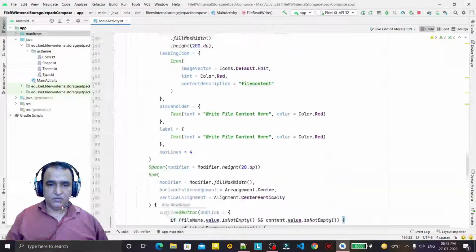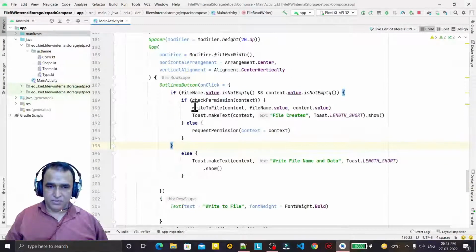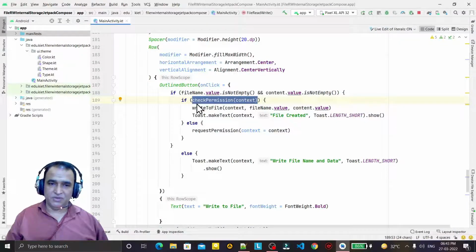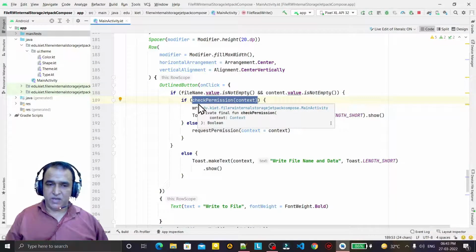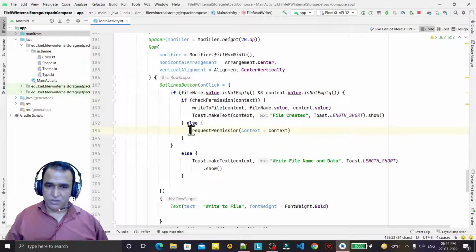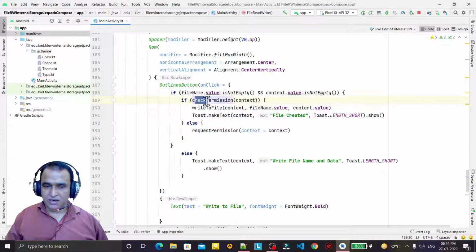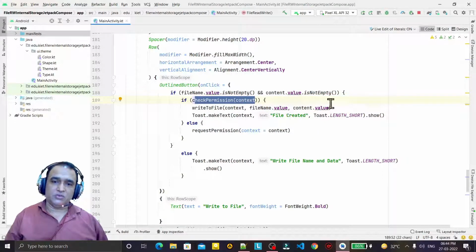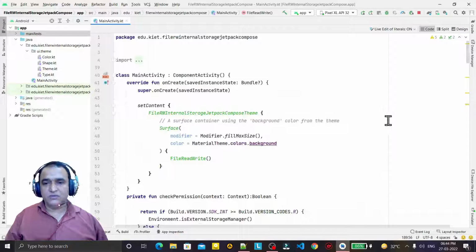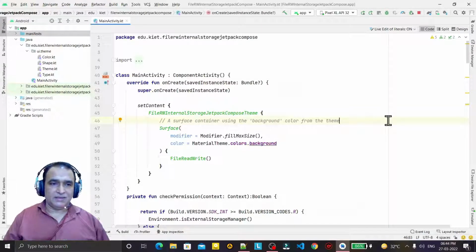So if we go there, we see that this permission would be true. So when I launched the first time, this permission was not true because we had not given any permission. So we requested the permission. If permission granted, the permission is permanently granted. Next time it will check the permission is true, and if permission is true, it will write the file. This is the way to access the external storage using manage external storage permission in Android 11 and above